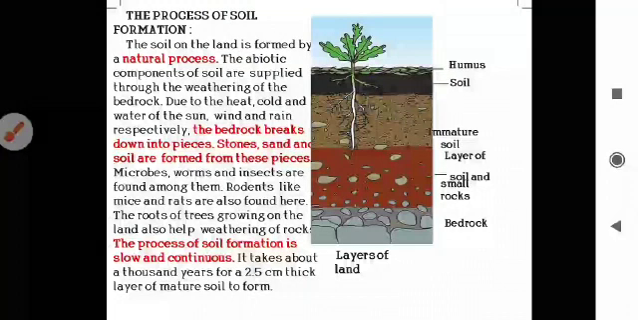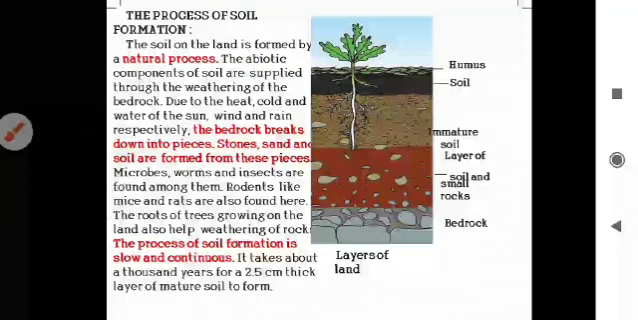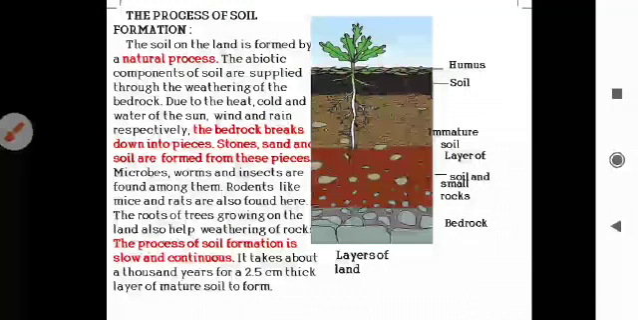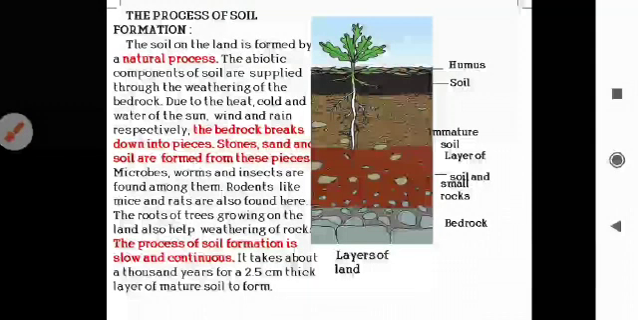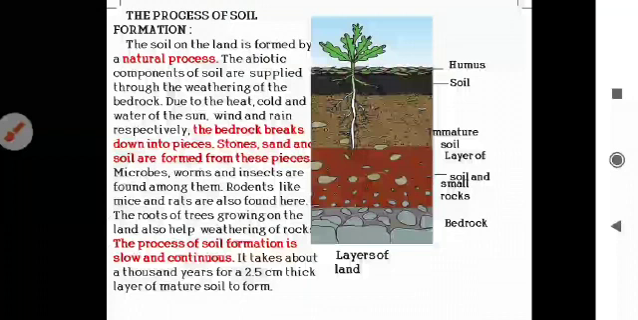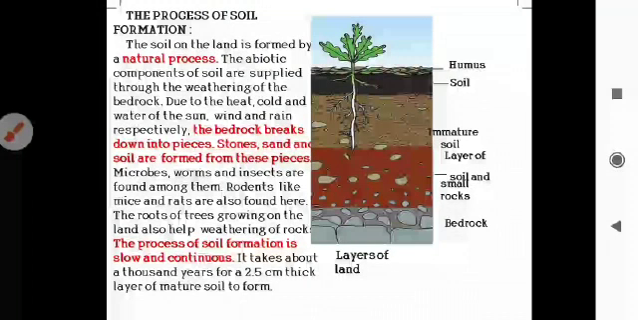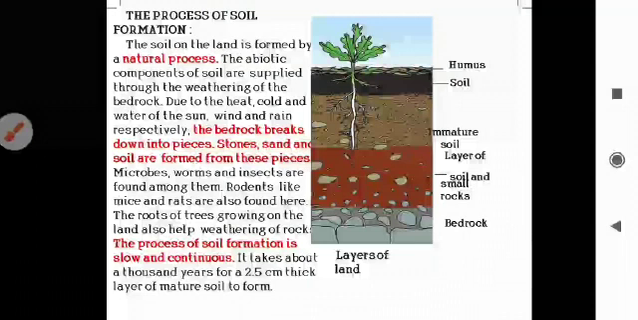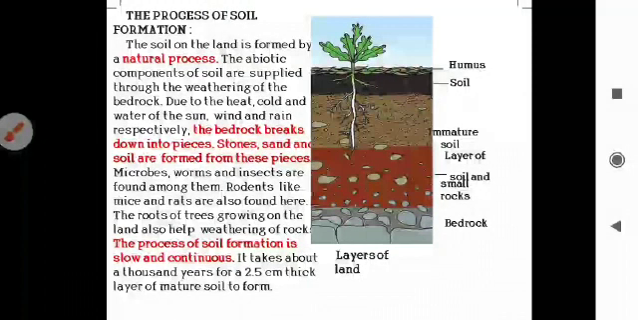It takes thousands of years for forming a 2.5 centimeter thick layer of mature soil. In this soil, we can see microbes, worms and insects. Rodents like mice and rats are also found here. Now look at the diagram. Layers of